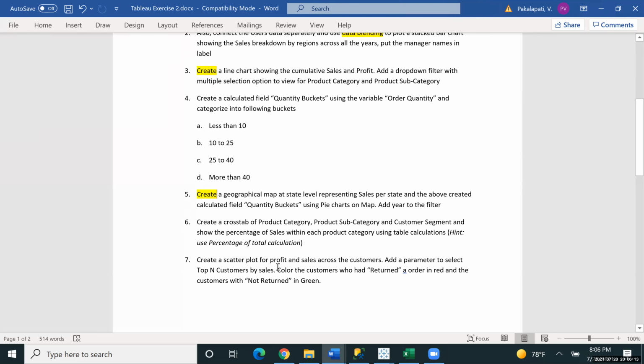Create a bar chart using the hierarchy in point 8 and plot the profit and the calculated field. Product. That field, KPI field. Put it in the rows.